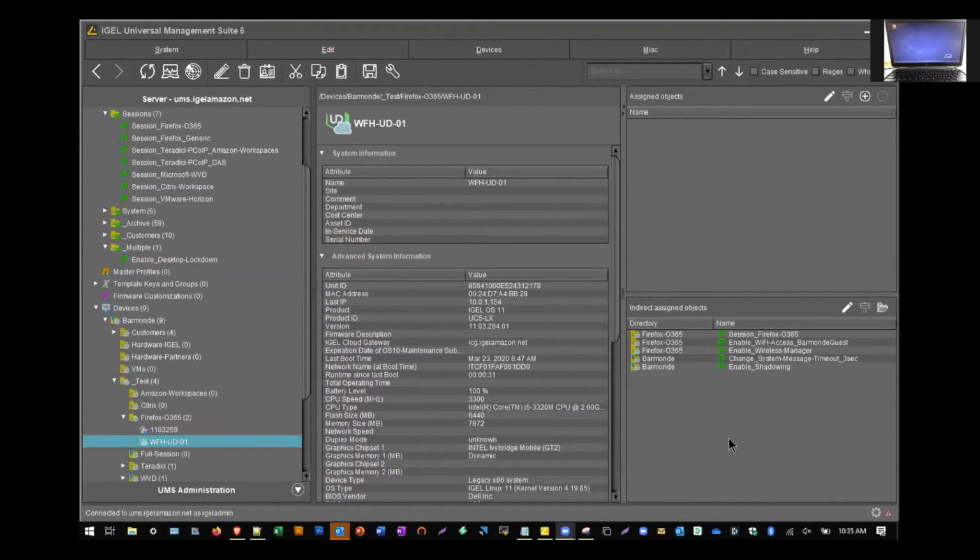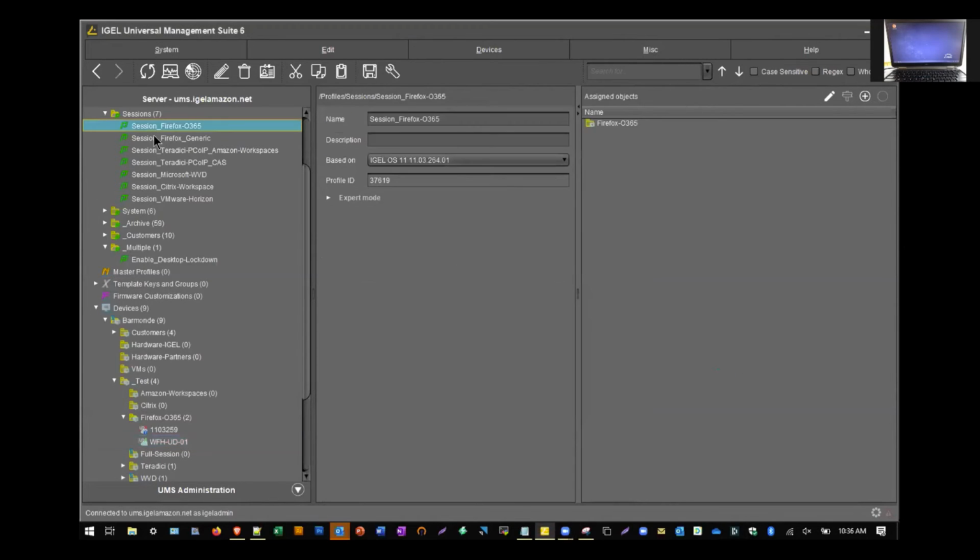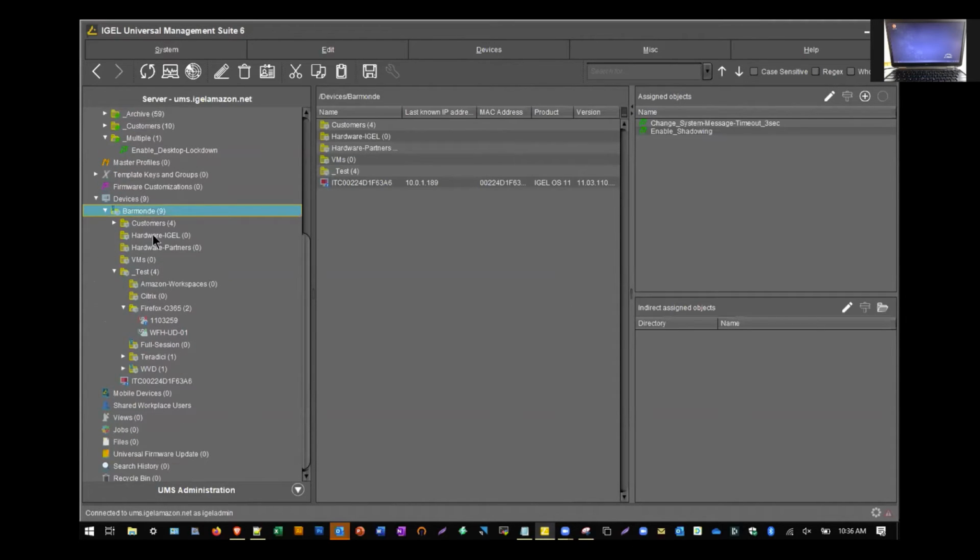You can see a bunch of different stuff here. So the best way to describe how the IGEL UMS works is it's almost exactly operationally like Active Directory. Over here, you can see these different profiles that you set up. These profiles are based on multiple options that you choose. Again, it's like group policy. You can take one option, one feature, put it into one policy, and then down below here, you actually create your own unique folder and directory structure, as you can see here.